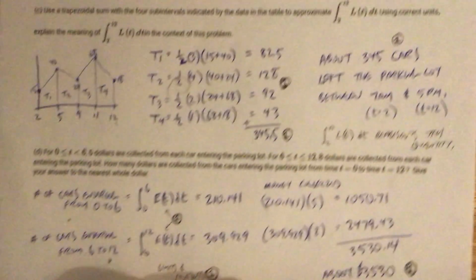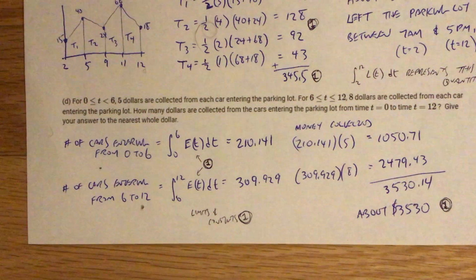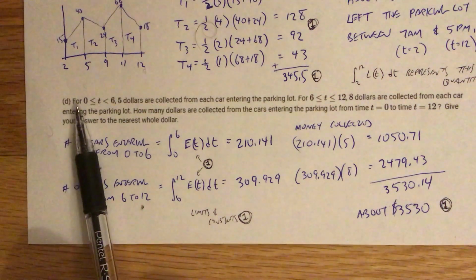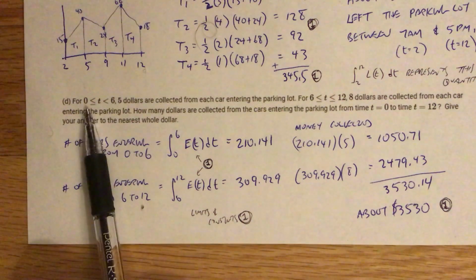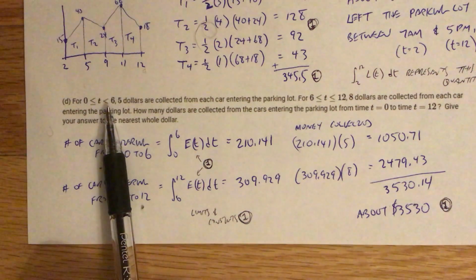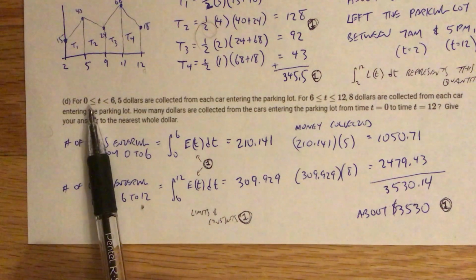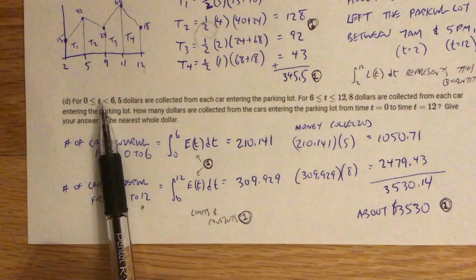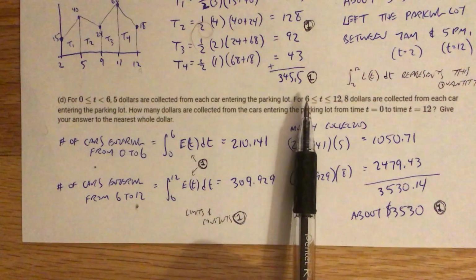All right, and then the last part, they now break it up into 2 sections. So I think we're back talking about cars that are entering. Apparently when the cars enter, they're being charged a fee. So for time 0 to 6, so this would be the first 6 hours, basically from 5 a.m. to, sorry, 6, I can't add, 11 a.m. So from 5 a.m. to 11 a.m., they're charging them $5,